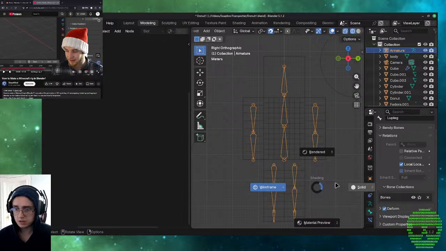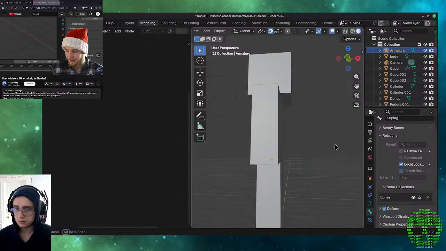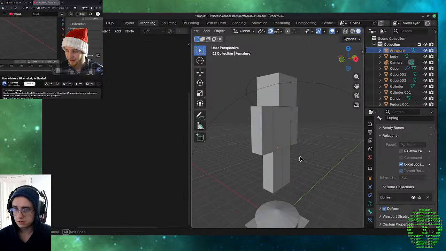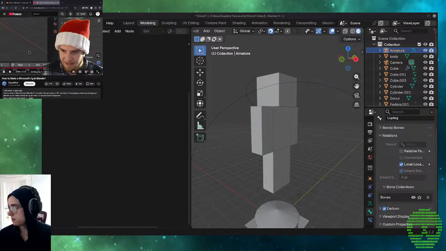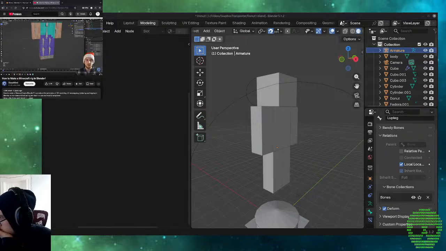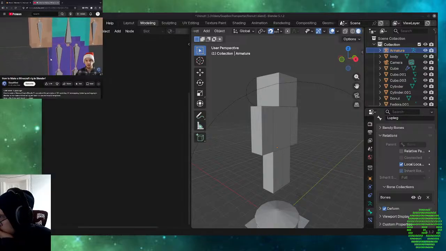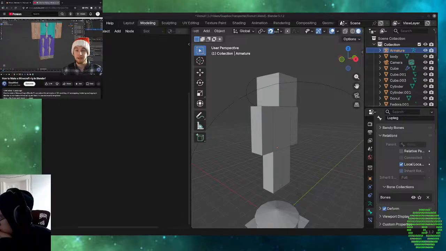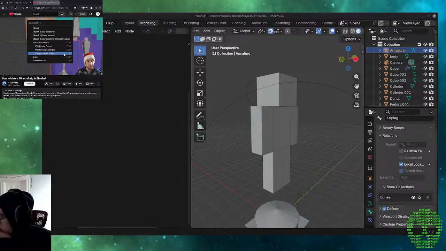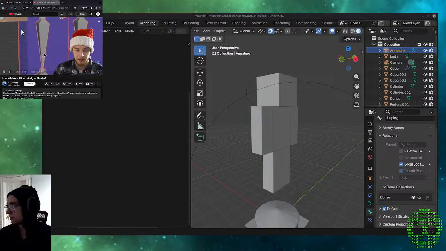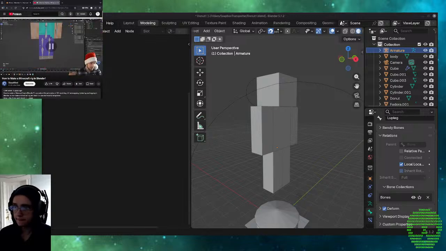Shift Z, solid. Weight painting. So select this leg because we're gonna first do this one leg. Select this leg, shift click on the armature. The armature is selected second, so it has a brighter outline than the leg, which means that is the main selection. The armature is the parent, so it has to have the main selection. Press Ctrl P to parent. We're gonna parent it as an armature with empty groups. Yeah. Now if we want to go in